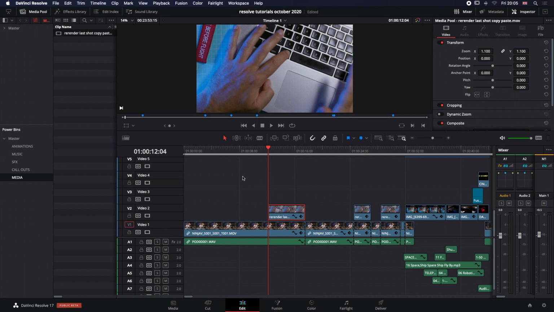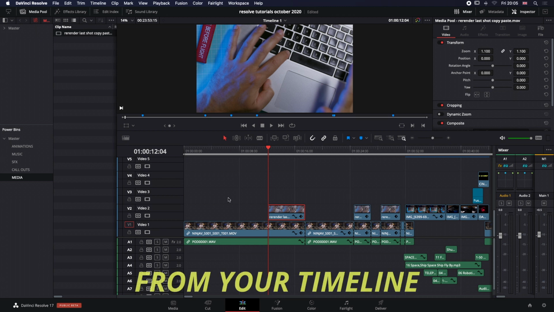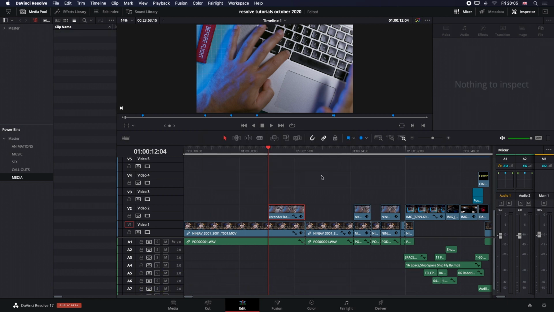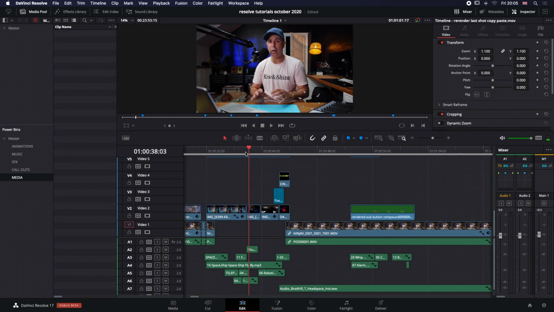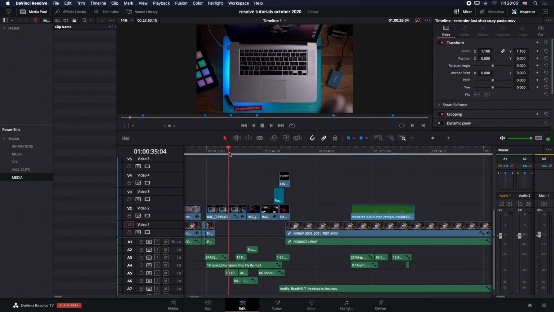Both pieces of media are edited, both of them are graded, both of them are sound mixed, but for some reason, Resolve is having a bit of a glitch with the powerbins and allowing me to do it with one and not the other. And for that reason, this is the sole reason why I would say do not drag and drop media into a powerbin. Do it the old-fashioned way and render out whatever it is that you are wanting to create as its own